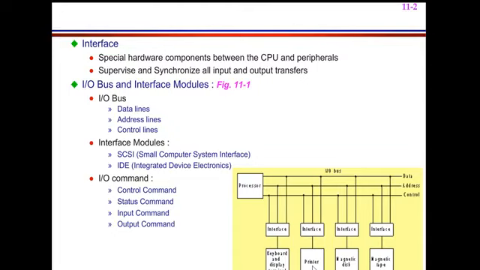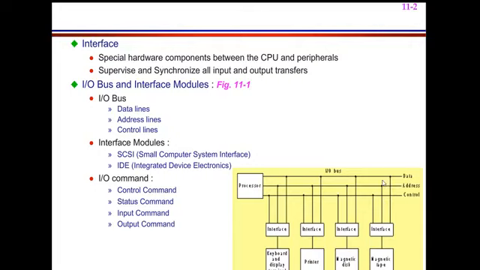It can be an input device, or an output device, or both an input and output device. So that is what is required of the interface. The interface is used to communicate between the processor and the I/O devices. When I go with my interface module, I'll have an I/O bus.